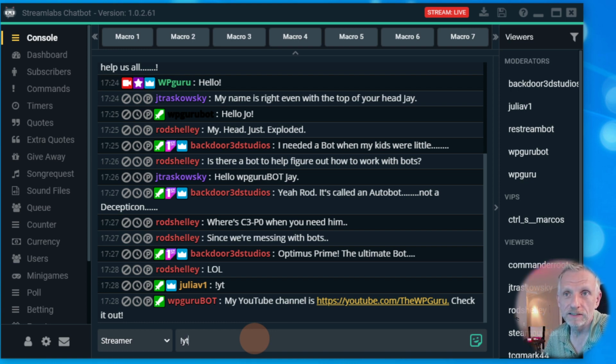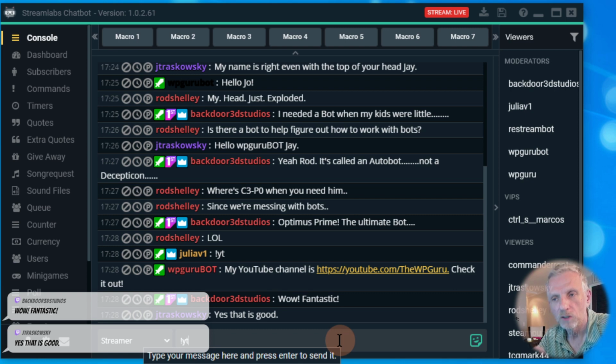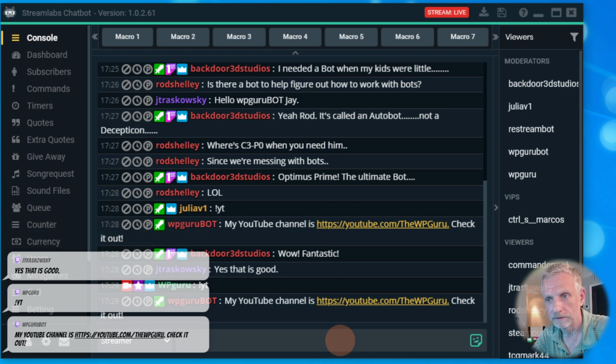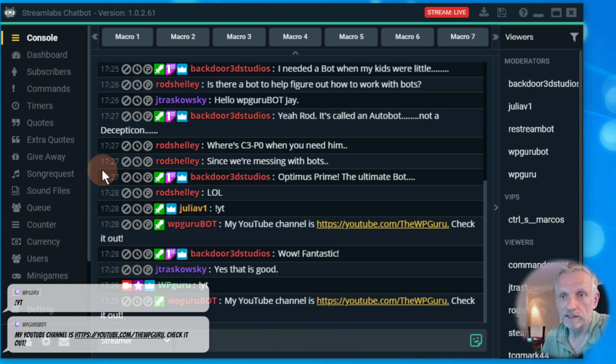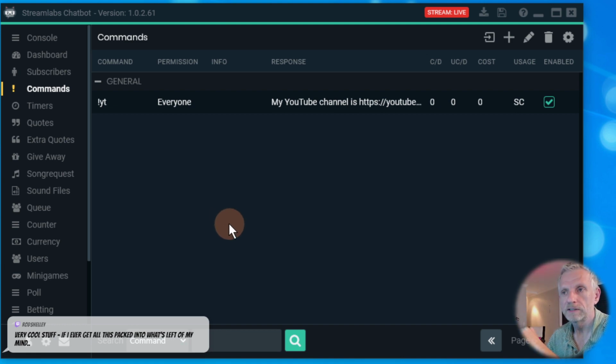You can then set up as many commands as you like, especially shortcuts for something that would be long to type out, like your website. Shall I try it? I'll try it out. There we go. The bot just does it immediately. That's cool. I can set up my Twitch channel for the YouTube crowd, and you can set up your Twitter and all that. So this is what commands can do for you. Commonly they're prefaced with an exclamation mark because that is something the bot listens to.